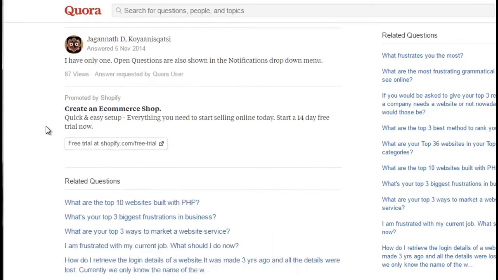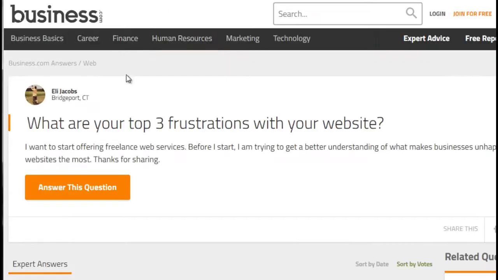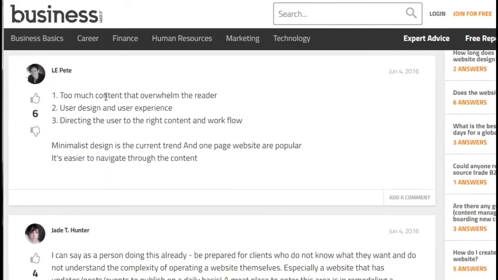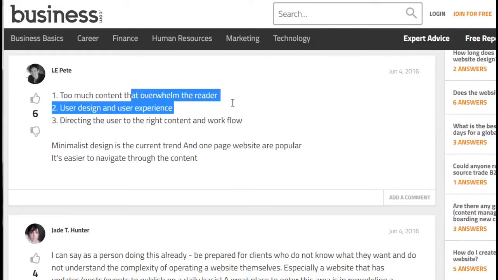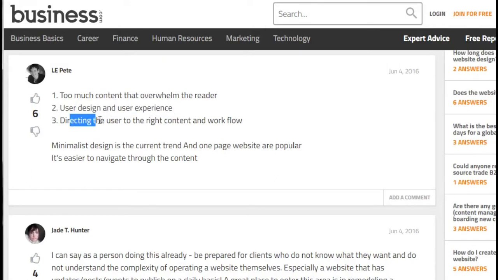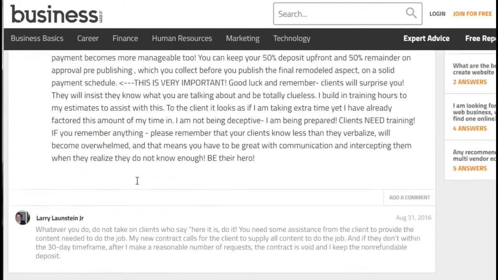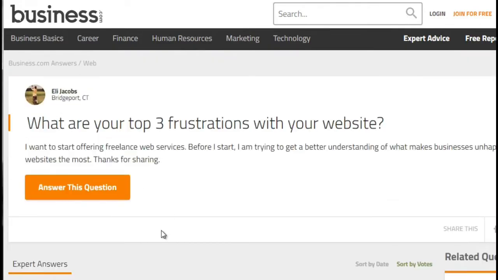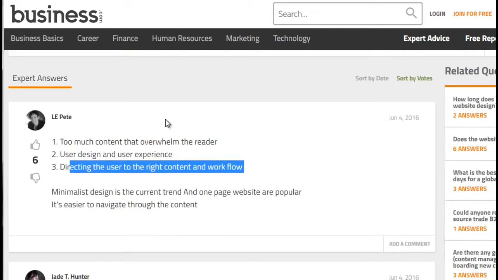And then we go down and let's look at a different article. What are your top 3 frustrations with your website? Too much content that overwhelms the reader, user design and user experience, directing the user to the right content, and workflow. So going through here, what you're looking for is a pattern. If you can see several people saying, I have problems because just finding fresh content is a big roadblock in my life. If you see tons of people saying that,